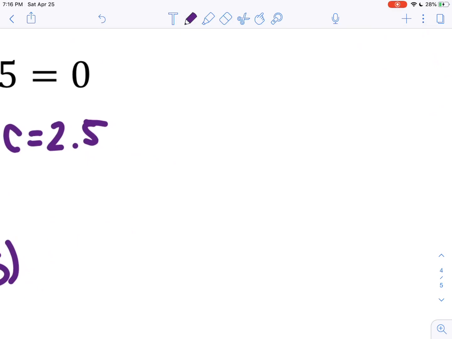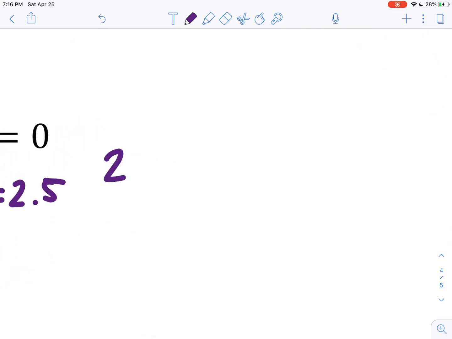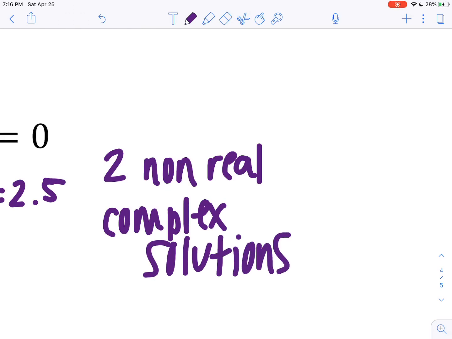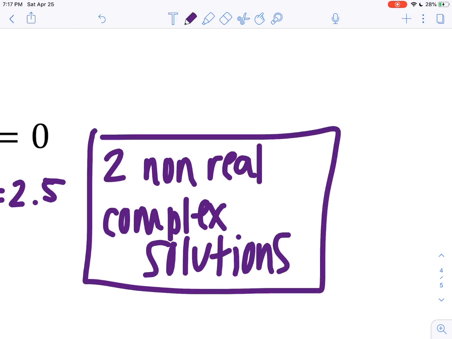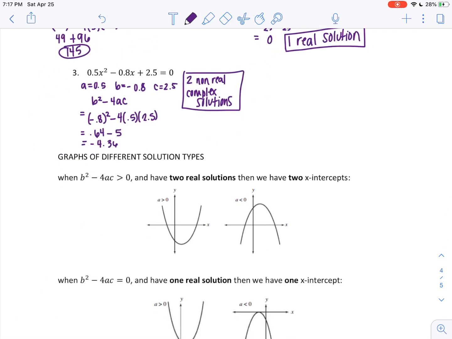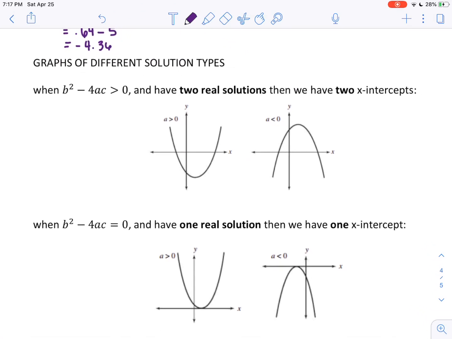a negative number, which means my answer is going to give me two non-real complex solutions. I don't know what those are. I just know that they're not going to be real. They're going to be imaginary. So it's good to know the different types of solutions you're going to have, because our next lesson, we're actually